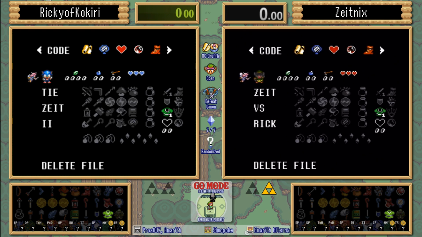We have a Group Y today as we try and settle who will be the second representative out of the group. Game 2 match between Zeitnix and RickyofKokiri. Zeitnix leads 1-0 and is going to look to close this out in Game 2, and Ricky hopes to make a run here, and he has made one minor change to settings as per the rules. We will have a map and compass shuffle today, along with open mode, so this could make some interesting dungeon